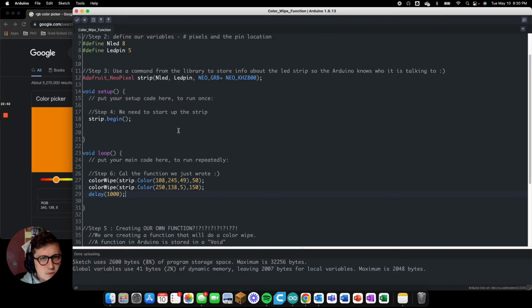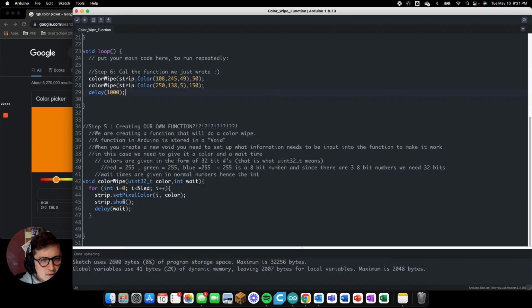Okay, let's see what else we can do with this. Alright, so what if we also added something in here where color wipe canceled it out? Like after the LED turned on, it turned off. Ooh, let's try that. How would we do that? Let's say strip.setPixelColor